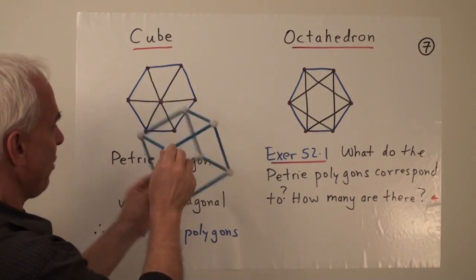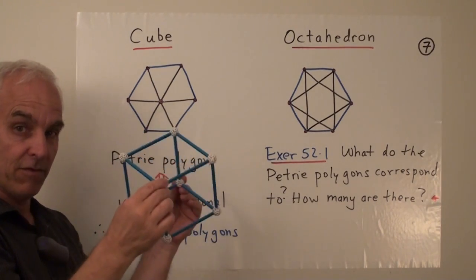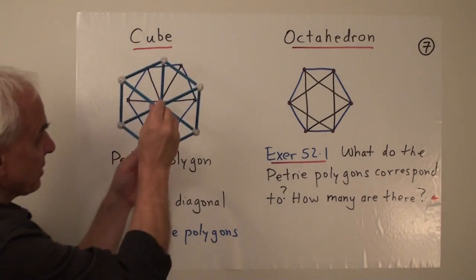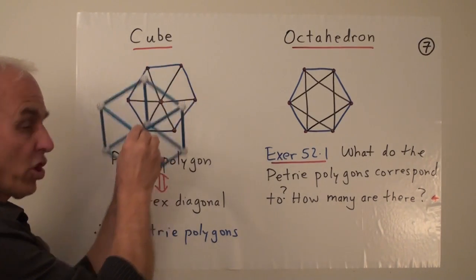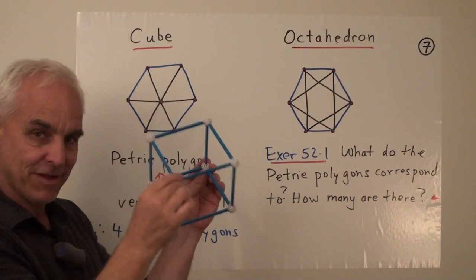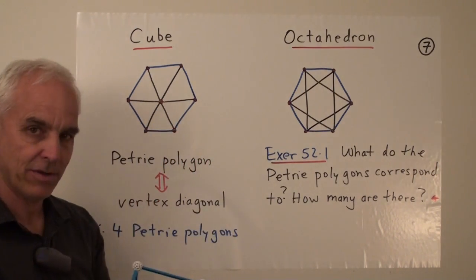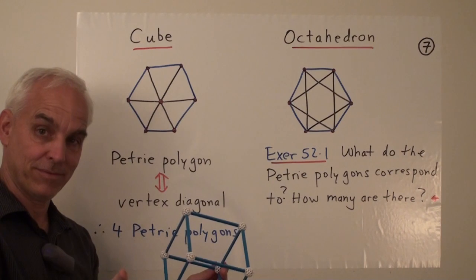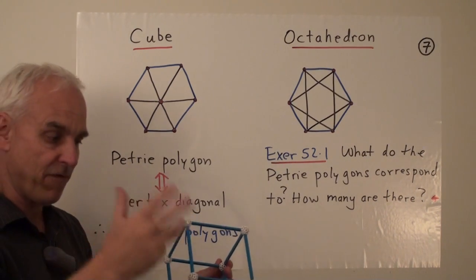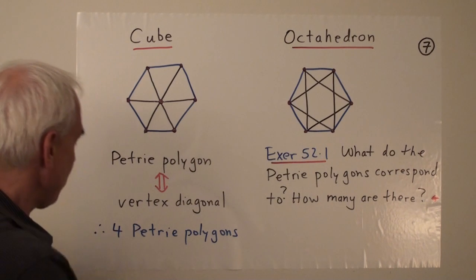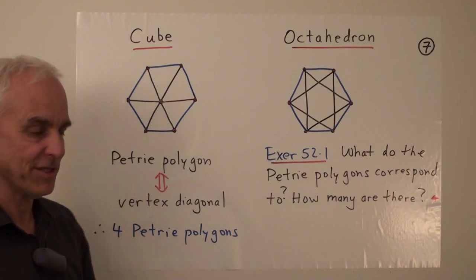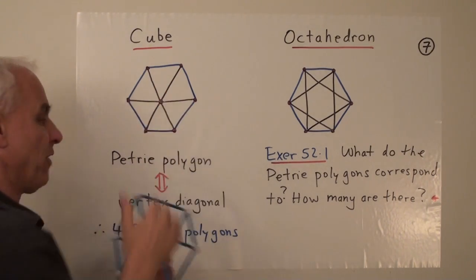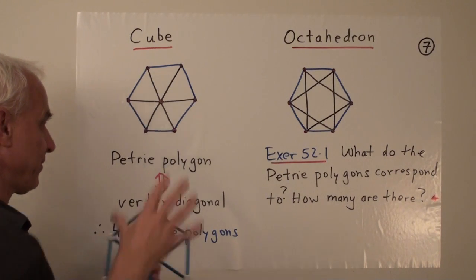You're looking down on a cube in such a way that opposite vertices are right on top of each other in the center. So in other words, this orthogonal projection is really determined by this pair of opposite vertices, in other words, by this vertex diagonal. And we saw that there were 4 vertex diagonals of a cube. Those were canonical structures, that 4-fold aspect inside the cube. And so there are going to be 4 Petrie polygons also inside the cube, each one the boundary of the image of this orthogonal projection of the Platonic solid.